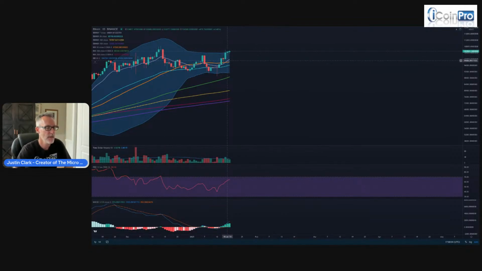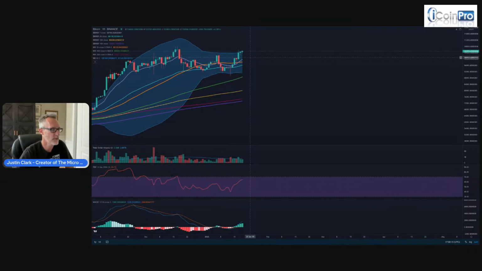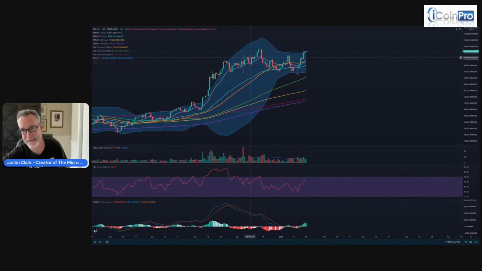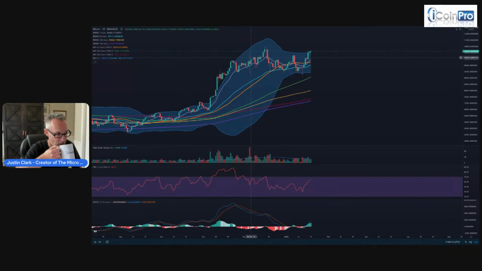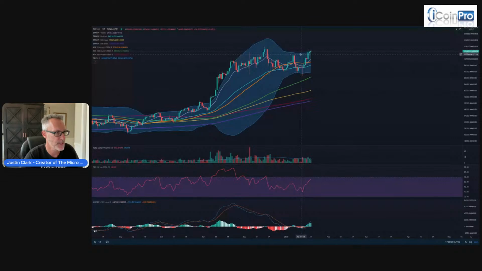So we are currently at almost 105,000 right now on Bitcoin's price, which is incredible. Just amazing. A couple other things on this chart. This shaded area is called a Bollinger Band. You can see this Bollinger Band is squeezing back in. That shows that we can have a volatile move potentially if we break out of this up or down.